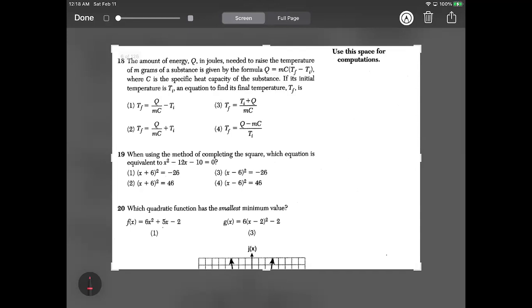If its initial temperature is T sub I, an equation to find its final temperature, T sub F, is... Now, that's a lot, but basically all they're saying is we started with this formula,